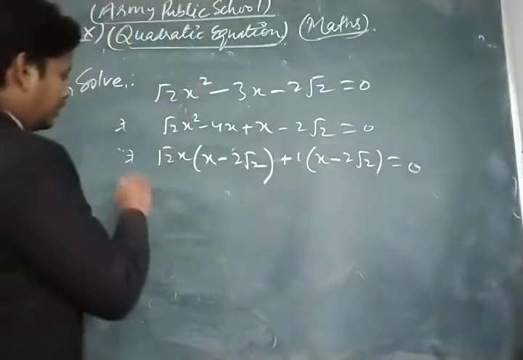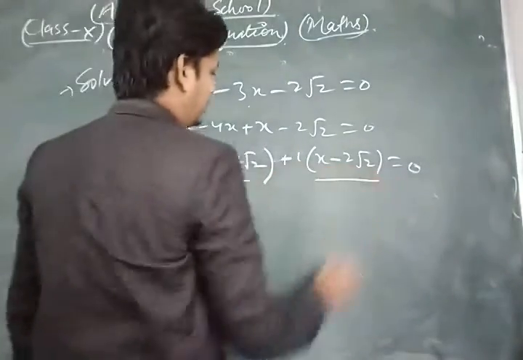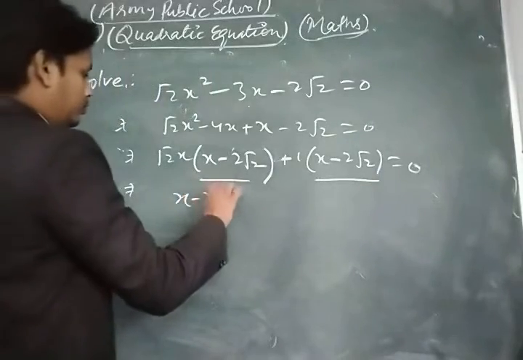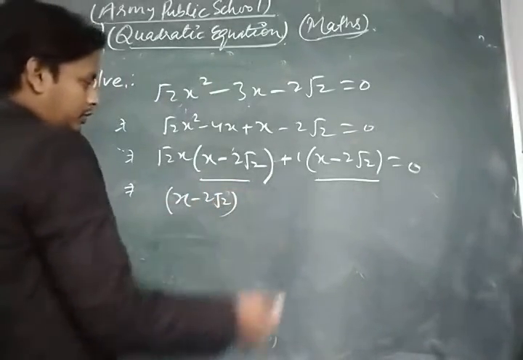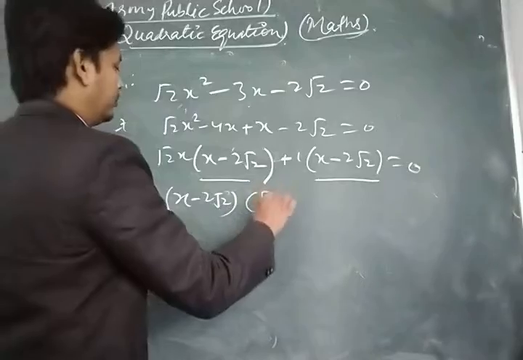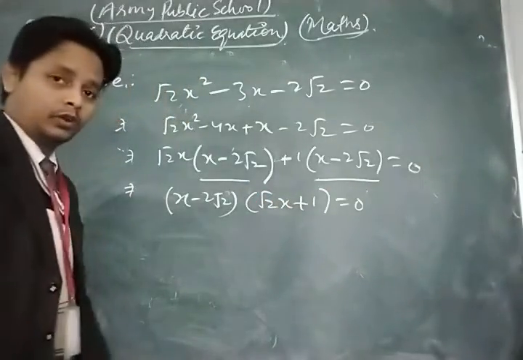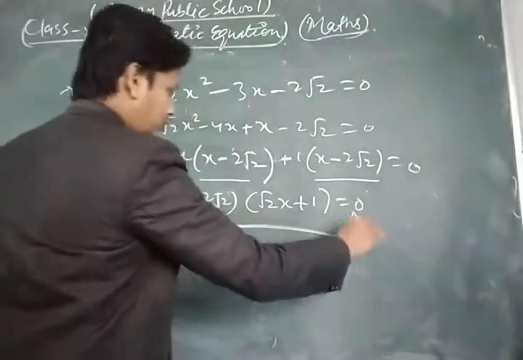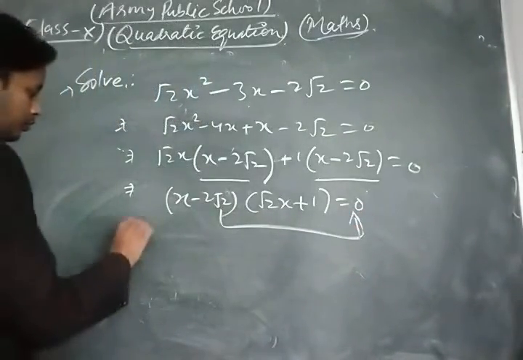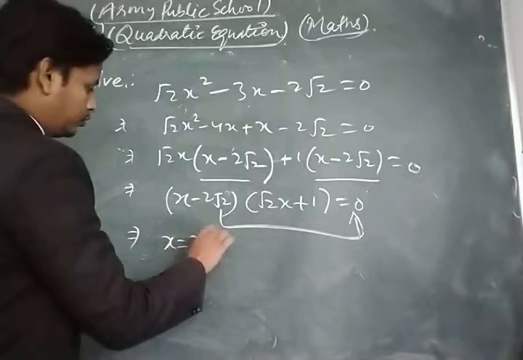So now we take x minus 2 root 2 as common from both terms, and in the second term root 2x plus 1 is left. Now if we take x minus 2 root 2 equal to 0, we get x is equal to 2 root 2,